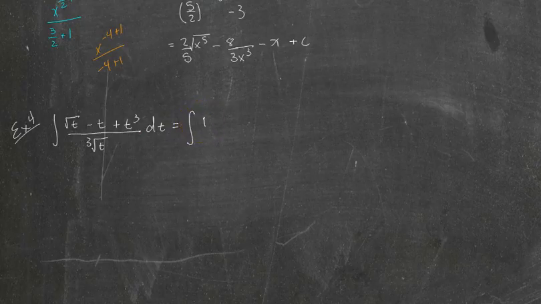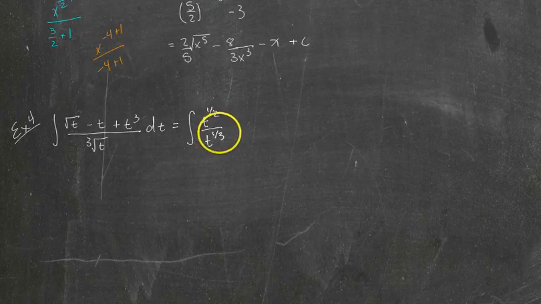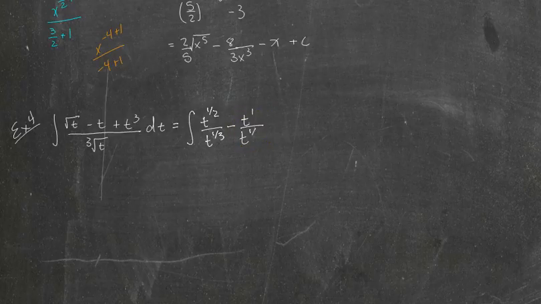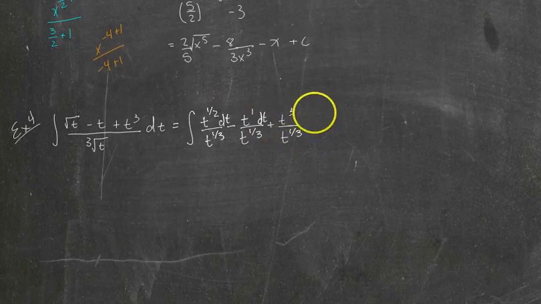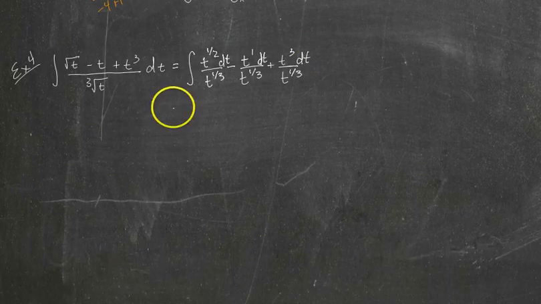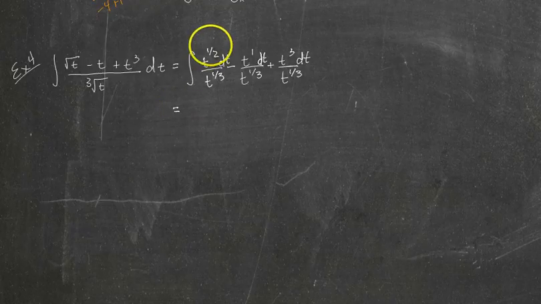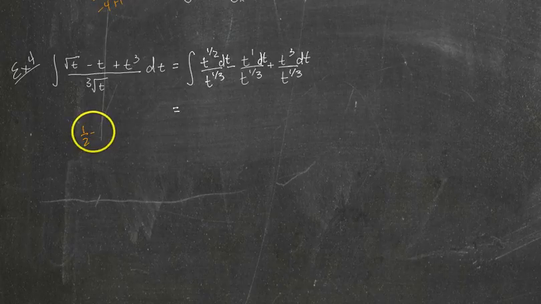So I have the square root of t, which is just t to the 1/2, divided by t to the 1/3, minus t to the first power divided by t to the 1/3, plus t cubed divided by t to the 1/3, dt, dt, and dt. Okay, another round of simplification. T to the 1/2 minus 1/3, that's just 3 minus 2,